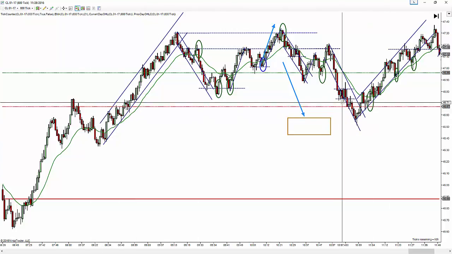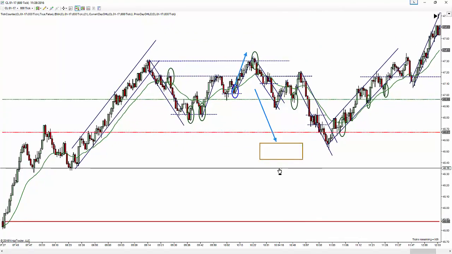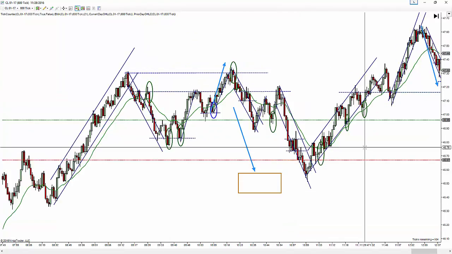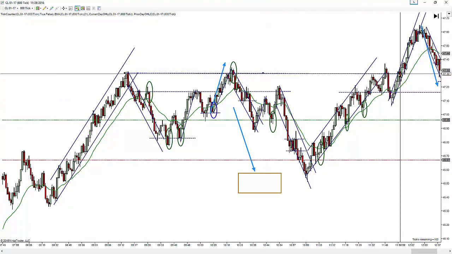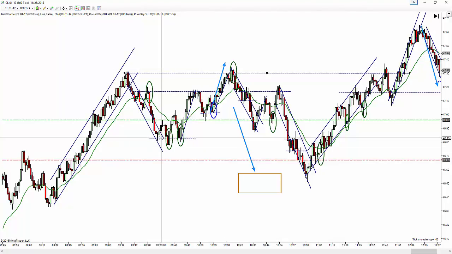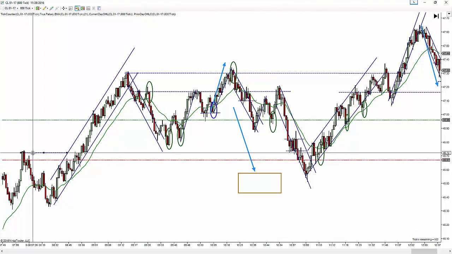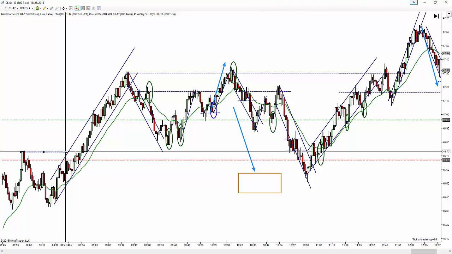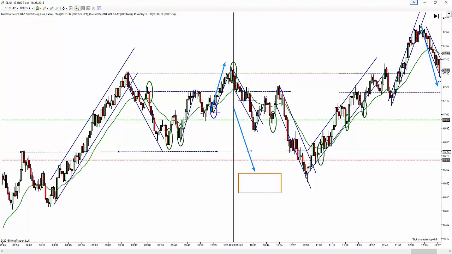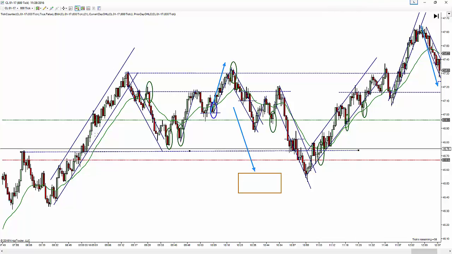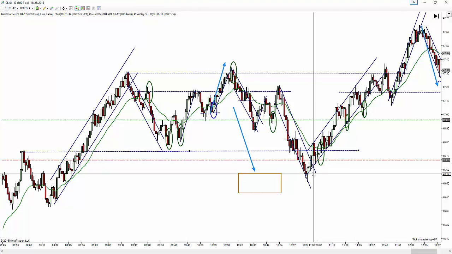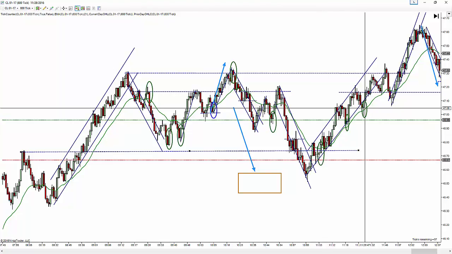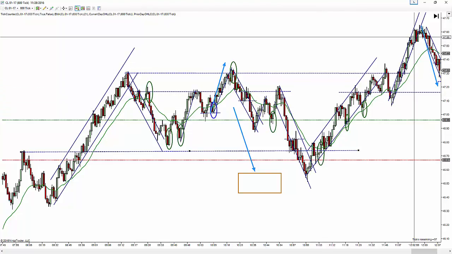So whether or not you're looking at this as a range or not, this is what it really turned out to be. Price spiked up. It's really like a channel through here. And if we extend these areas, you can see where the upper level of the resistance is. And we could say that the bottom level is probably somewhere around here, from the left-hand side of the chart, somewhere in that neighborhood. You can see it kind of stacked up. We didn't quite get down to these areas here, but you can see it just kind of overshot here. And in Max's language, you probably expect it to overshoot the other side as well.